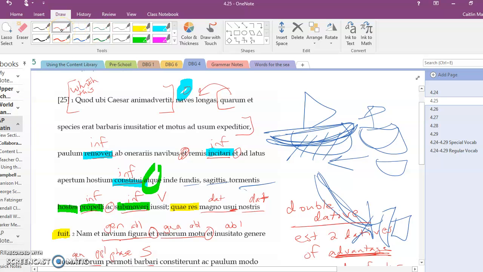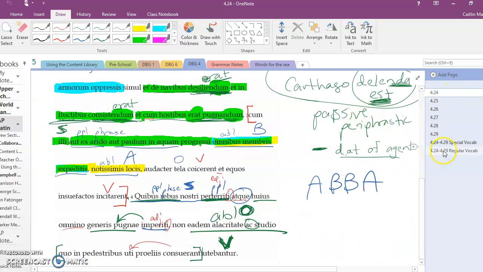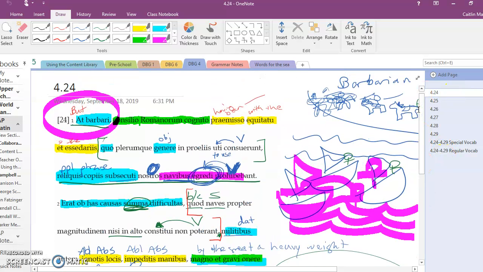For today's ASMR Latin, it's DBG. We should be on 4.24 here. All right, we start off, we always read the whole sentence, Ob barbari,